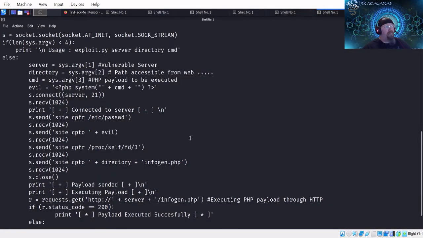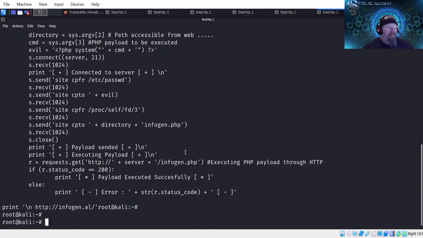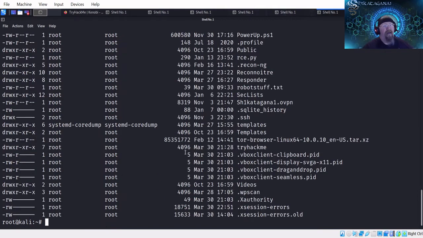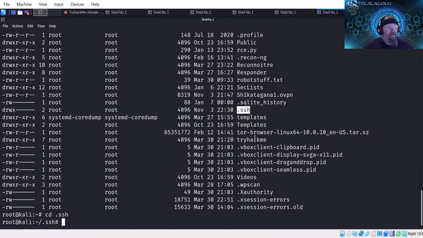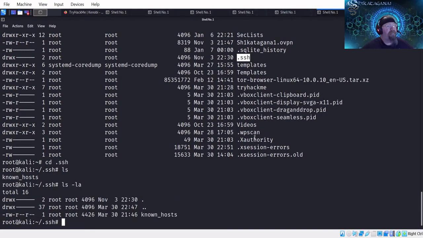So I'm going to go to my attack machine to show you something real quick. So if I do ls -la like that, you'll see that there is a hidden directory. The reason I did -la is to show hidden directories, which start with a dot. In this case, .ssh would be what I'm looking at. So if I cd over to .ssh and take a look there, let me do it again, ls -la,